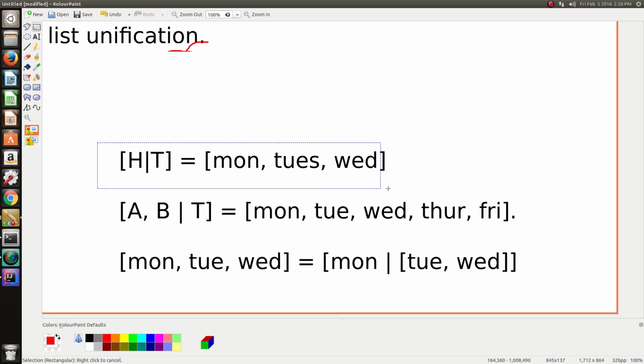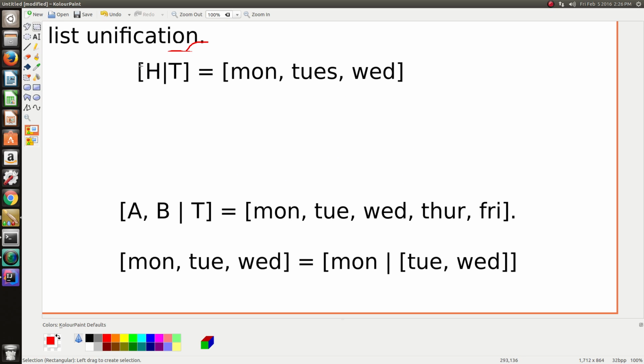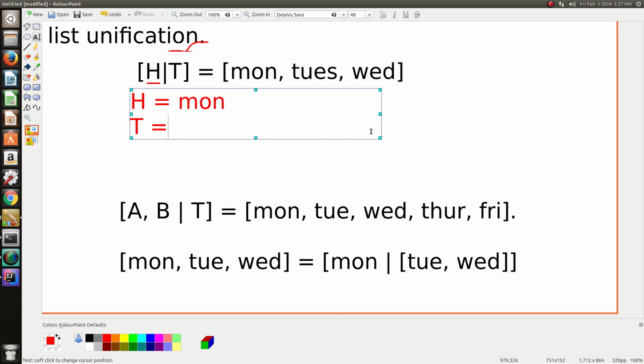And the next scenario is the classic head and tail pattern. It uses a list destruction mechanism, which is the bar. The bar just means basically the head's a variable name. You can call this anything, but common notation is calling it H for head and T for tail. Head just extracts the very first element of a list, and tail extracts every element after head as a list. So head equals 1 and tail equals